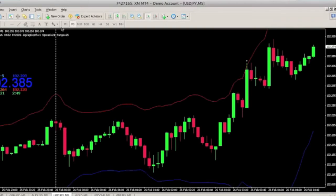Now if I look right here, I can see what they look like. I'm looking for 3 consecutive candles of the same color. Now I want to tell you what to avoid. Anything grindy, which means a bunch of candles that look like this, where they're just small and are not